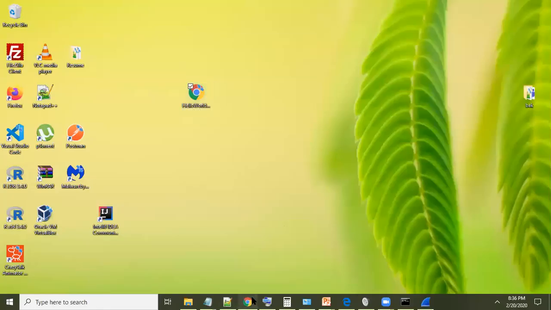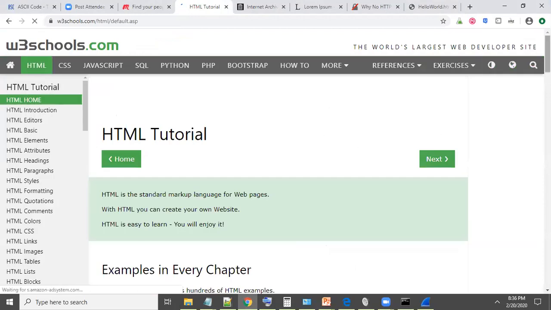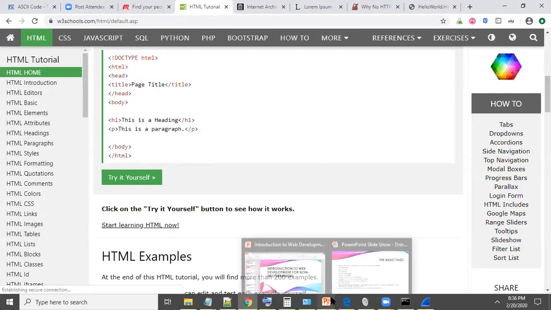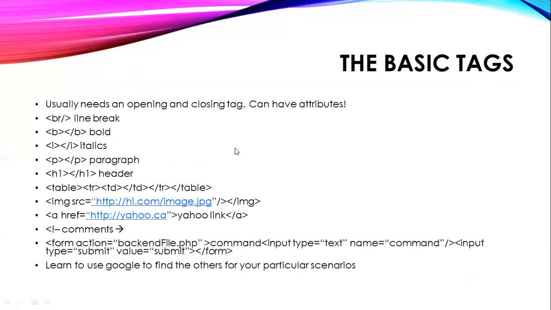In order to know what the different tags are in HTML, you can go to w3schools.com. I'll be posting that in the meetup link, and then you could actually click on Learn HTML and get a couple of exercises to go from the beginning to end, and it'll show you the actual structure of HTML. It's a very useful website, and not just HTML, the other languages of the web that were created in order to support it.